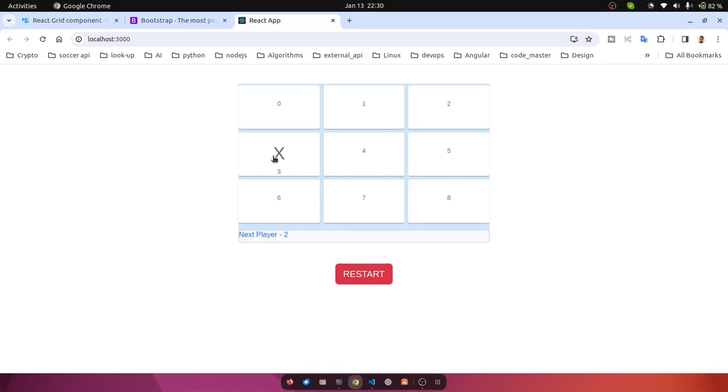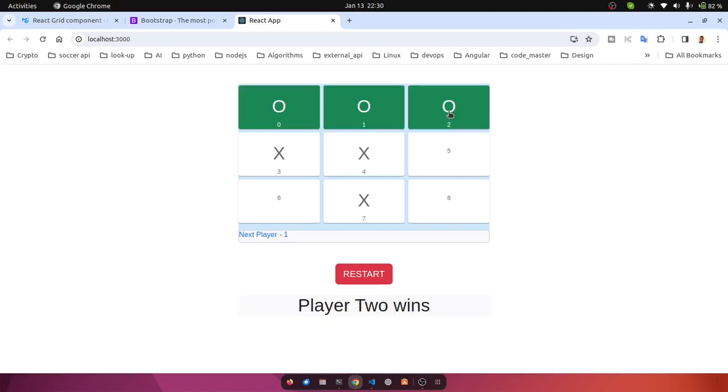So this time player 1 should kick down. We have player 2. We have player 2. And we have player 2. Good. Player 2 wins. So since you've gotten the logic the way it is, you now have to do